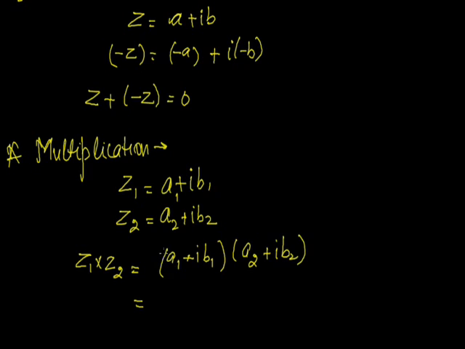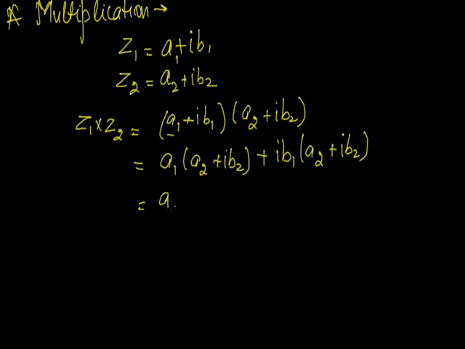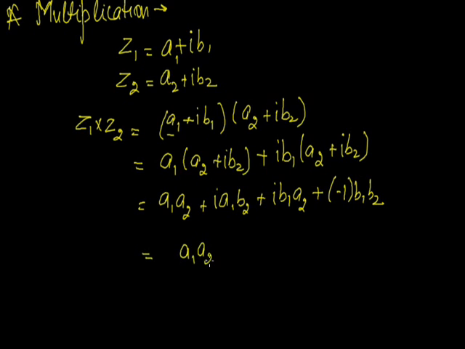So the real part is multiplied by the real part, and we can write a1 multiplied by a2 plus iota b2. a1 is multiplied by the second part, and iota b1 is also multiplied by the second part, that is iota b2. So this can be written as a1 a2 plus iota a1 b2 plus iota b1 a2 plus iota into iota b1 b2. Iota into iota becomes iota square, that is minus 1, we know. So minus 1 b1 b2. So in the end we can write it like a1 a2 minus b1 b2.